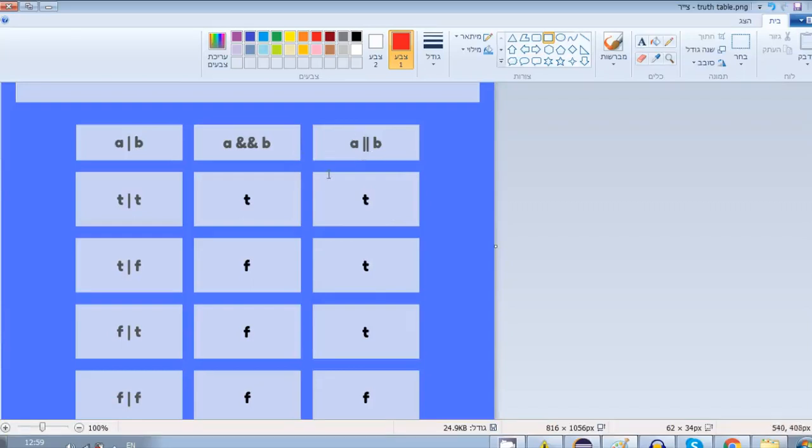So basically, in OR, either both sides must be true, or at least one side must be true, so the whole argument will be true. In AND, both sides must be true. And I gave here two examples, but